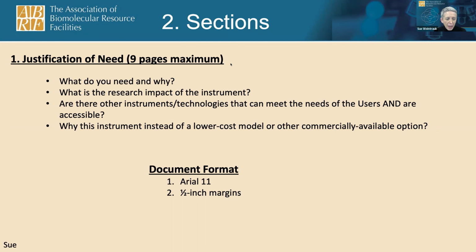Also not listed here is a section called equipment. And this is very different from justification of need. This is where you just list what are the items being requested. You can have that in a list, in a table, with cost, and a description of what that piece does. Not the whole technical description, but absolutely no justification here. It's just a list. Totally critical is you have to have a current quote from the vendor for this item.